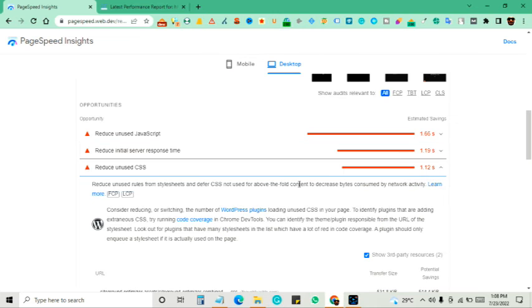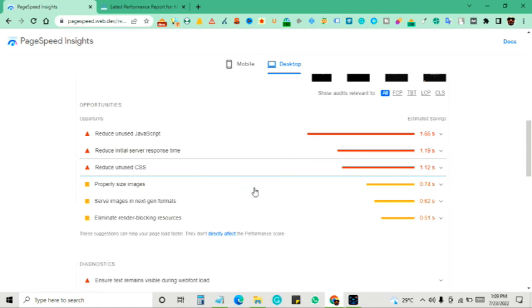For this it may say to use plugins. Consider reducing or switching the number of WordPress plugins loading unused CSS in your page. To identify plugins that are adding extraneous CSS, try running code coverage in the Chrome developer tools, which is a little bit advanced, but you can explore this for yourself. Then it says properly size images, serve images in next generation formats,